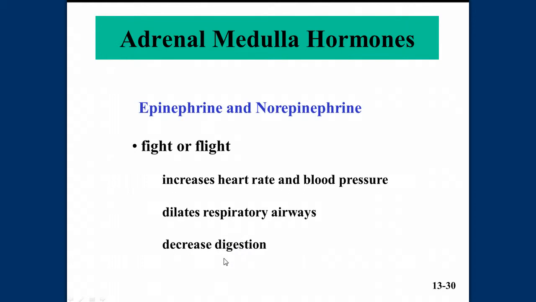One of the reasons why it decreases digestion is because the blood is being shunted to these other systems so that the respiratory passageways can receive more blood so that they can send out more oxygen, and it increases the heart rate so more oxygen and more glucose can be sent to the tissue, so more metabolism can take place,